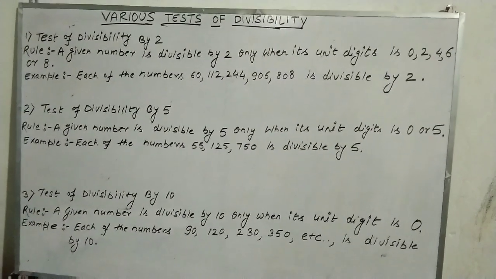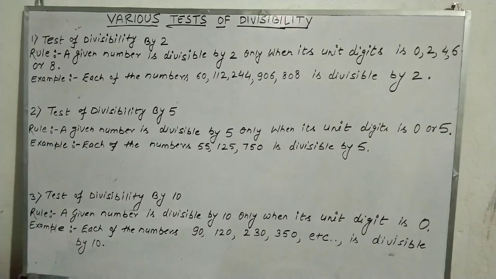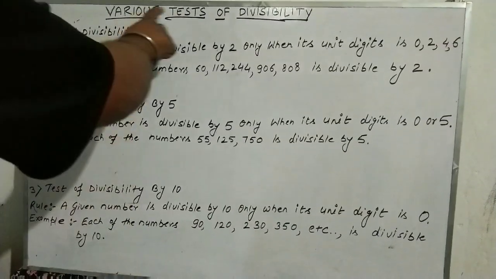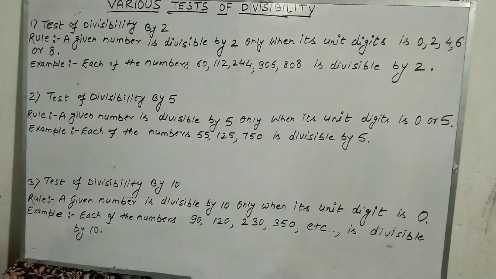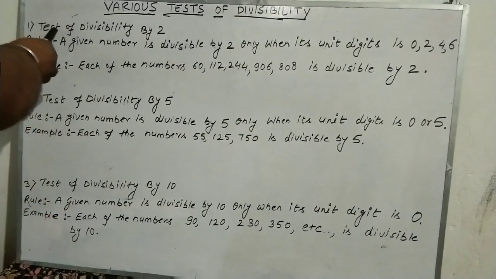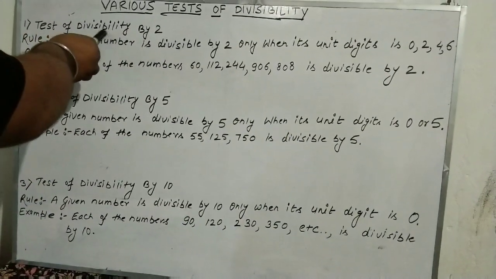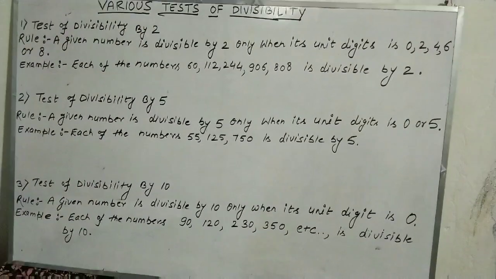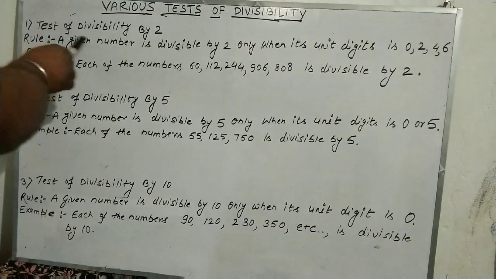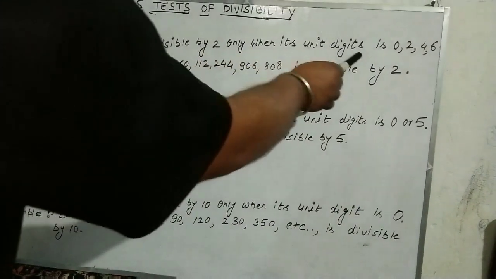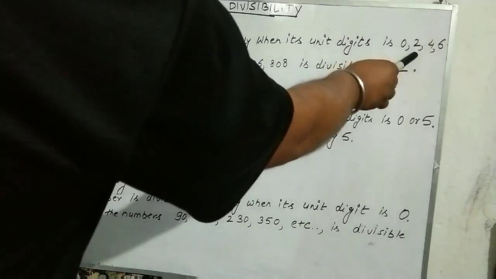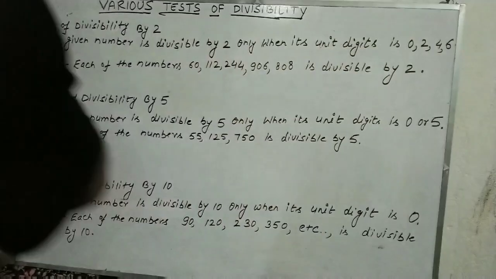Now, good morning, students. Today we are learning about various tests of divisibility from the chapter Playing with Numbers. First is the test of divisibility by 2. The rule: a given number is divisible by 2 only when its unit digit is 0, 2, 4, 6 or